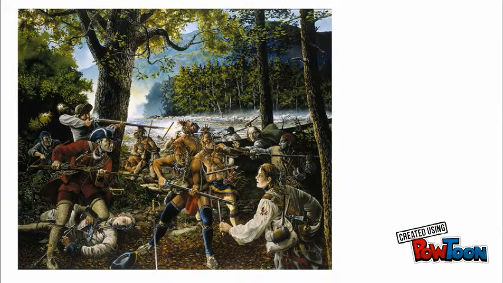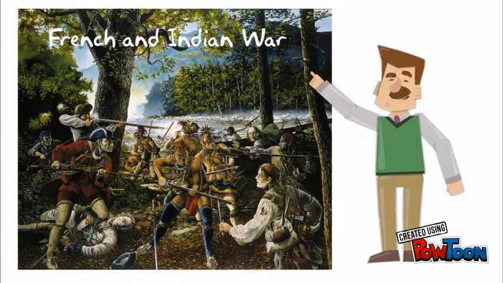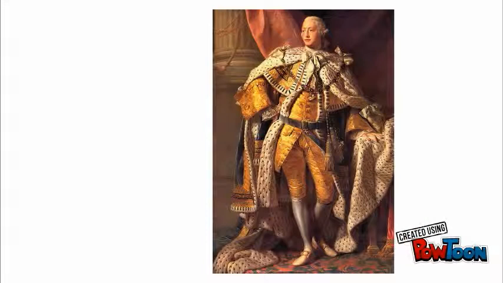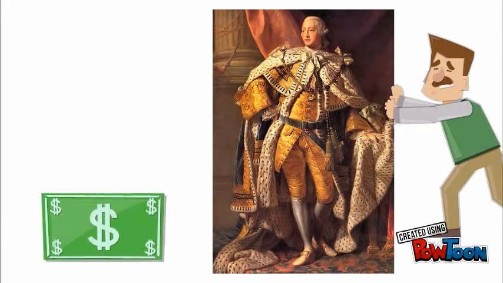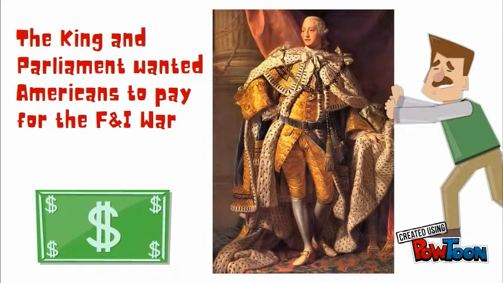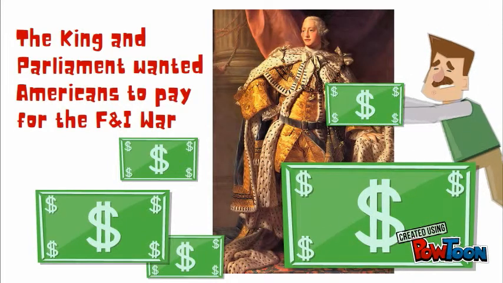If you may remember when you took notes before, I said that one of the main causes was the French and Indian War. That was a war fought by England and France on the North American continent in which American colonists took part. Well, that war went great for England because they won. The problem was it was really, really expensive, and King George decided to help pay for that war by taxing the American colonists. Now, King George was probably right in asking for taxes because the American colonists lived pretty well and had low taxes at the time. But the problem was they weren't having it.